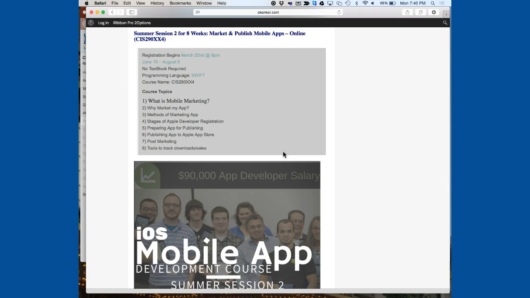And then tools to track downloads. There's a couple free tools we're going to be looking at that week that I use to track downloads. So you can see, like if I had 5 people download an app from China, I can see that they downloaded it, or downloaded it from here in Rockford or wherever. And it tells you what time of day they downloaded it, other interests that they have on their profile, which